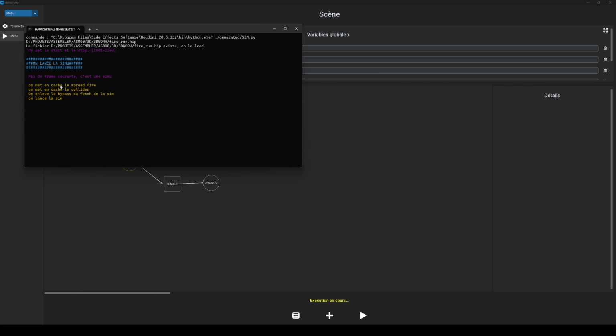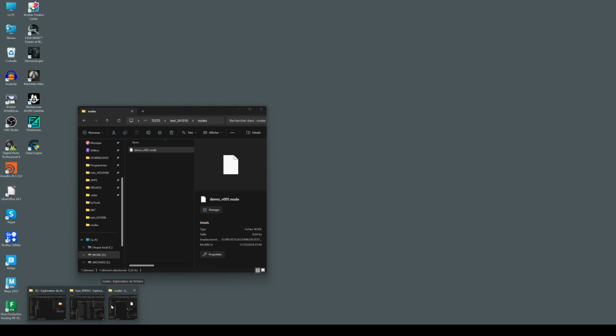You can see that I am running a sim. I am caching the colliders. I am converting. I am launching the sim. After that, I will convert it into VDB, and after that, I will do render, and after that, I will do compositing, and after that, I will do a conversion of the JPEG to a move. And let's see